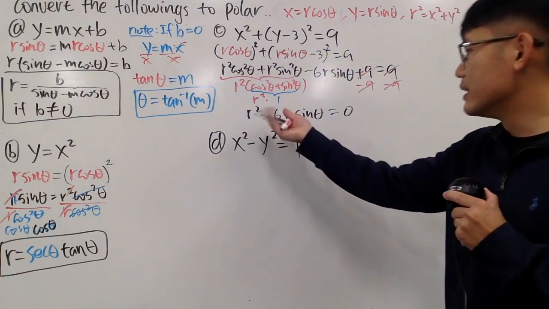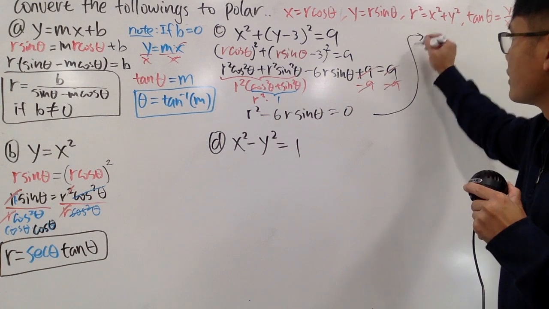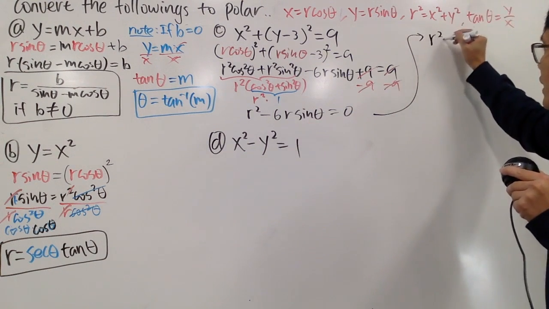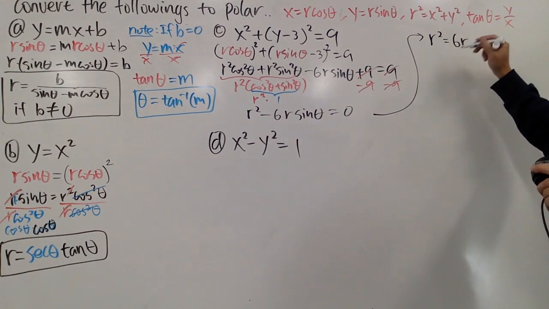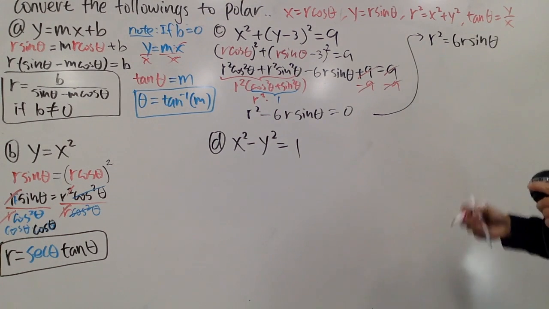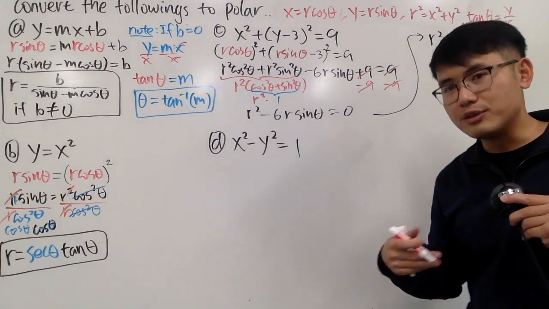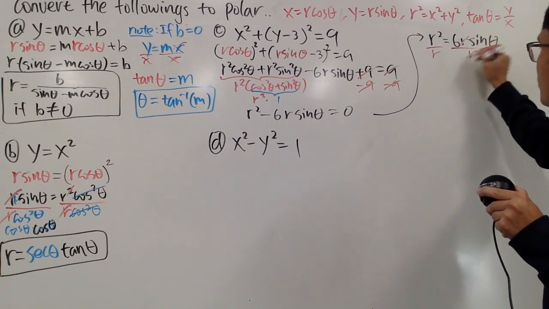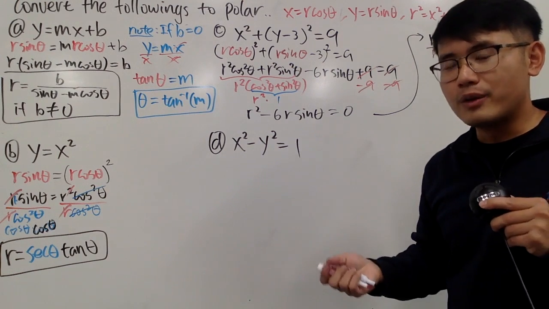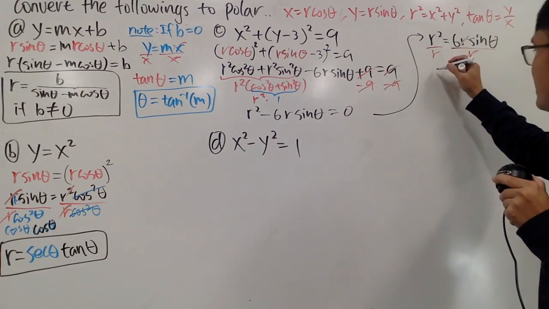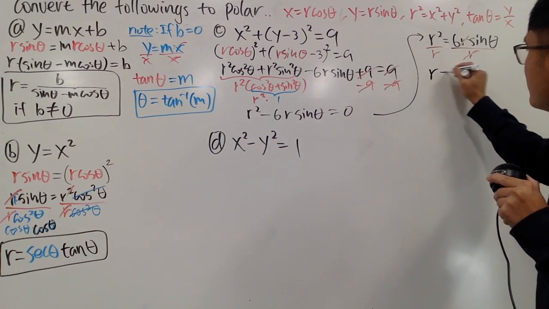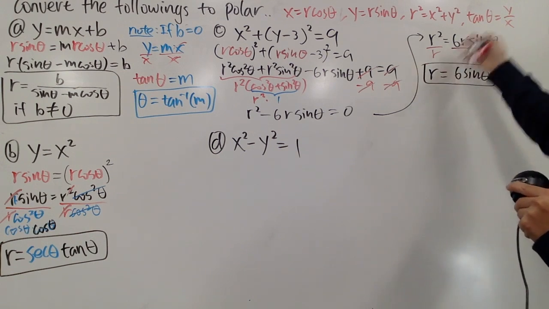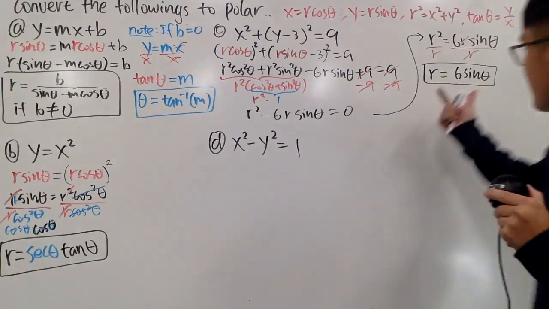And of course, we can just bring this to the other side. This has nothing to do with integrations, okay? Put this on the other side. We have r squared equals 6r times sine theta. And lastly, because both sides have r, we can just divide the r on both sides. And of course, when you do things like this, you assume r is not equal to 0. But when r is 0, that means you are just at the origin. That's the idea. So in the end, you get r by itself. This is equal to 6 times sine theta. So you can do that, just divide the r on both sides, like this.